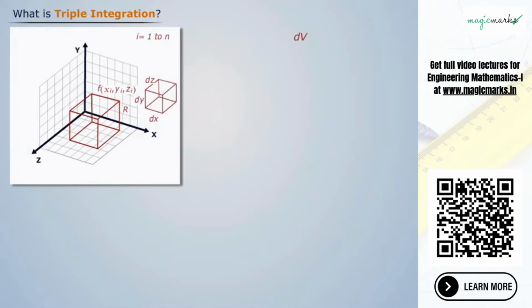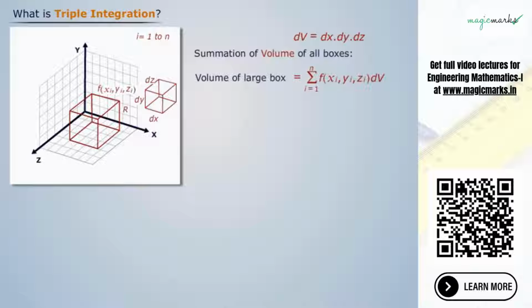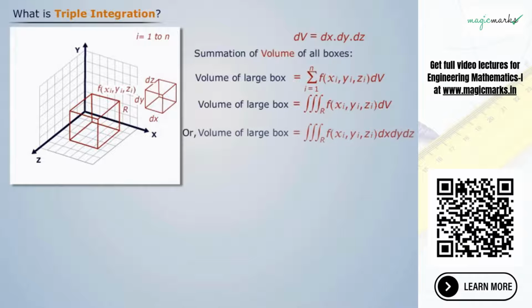Thus, the volume dV of this small box will be the product of dx, dy, and dz. Now, to find the volume of this large box, we need to add the product of f(xi, yi, zi) and the volumes of all the small boxes together. Thus, we get the volume as, if we integrate the function f(xi, yi, zi) thrice over the entire region of the large box, this will give us the volume of the large box as,